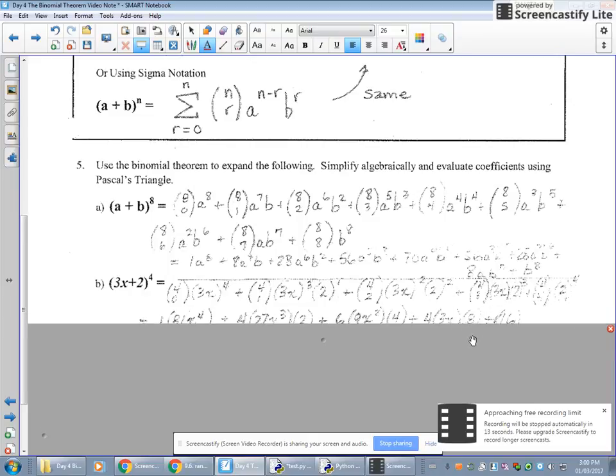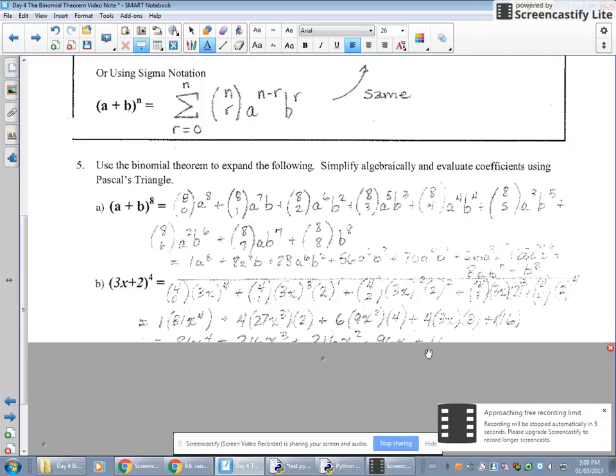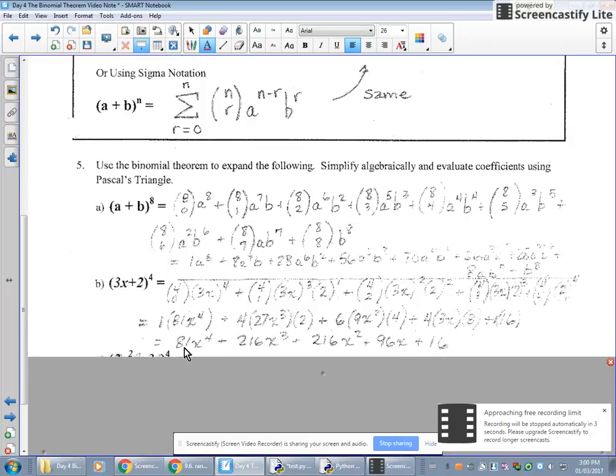2 to the 3. And then 3x to the power of 0, we don't bother writing, so we're then left with 2 to the 4. If I expand that out, I should get the following answer: 81x to the fourth plus 216x cubed